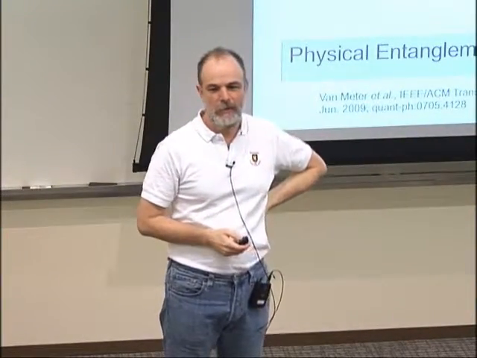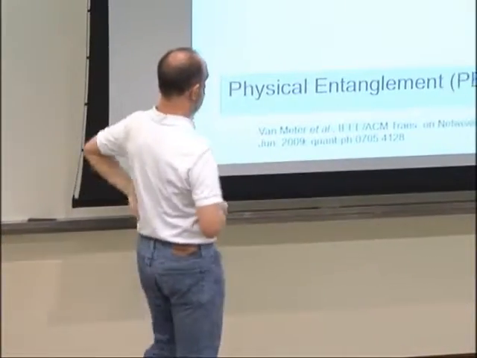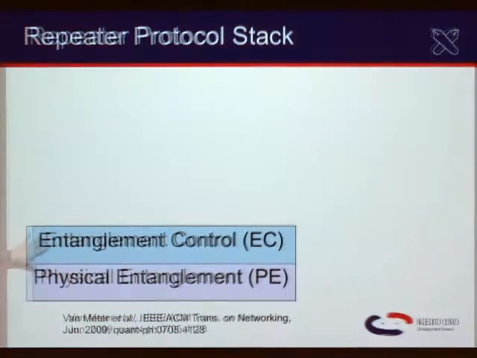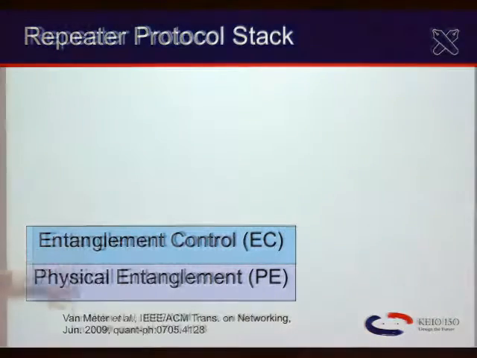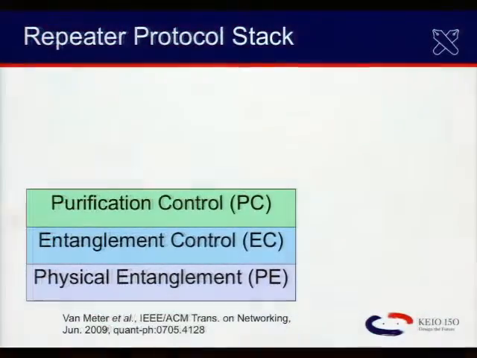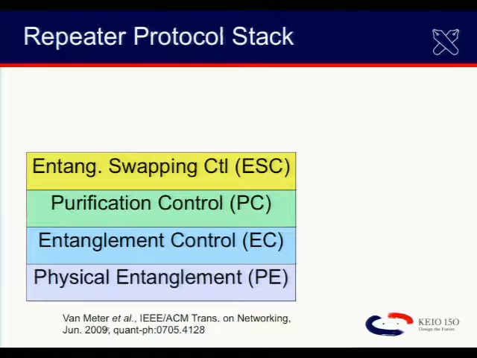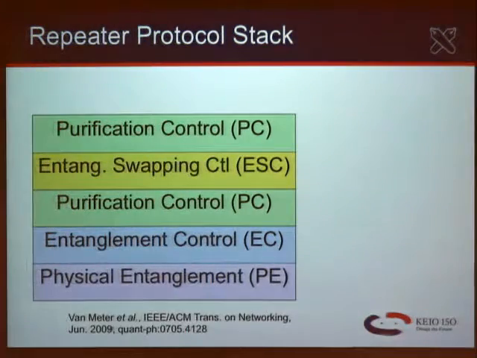I looked at this and said, well, what you really need is a protocol stack. You really need to understand how this overall thing fits together. So we designed this. Physical entanglement layer at the bottom. Above that, your direct messages saying whether or not your entanglement operations actually worked. Entanglement control. Then above that, purification control and entanglement swapping control. So interestingly, these wind up being applied recursively over 1 hop, 2 hops, 4 hops, 8 hops, which is one of the key reasons why we think the recursive network architecture works well for this.